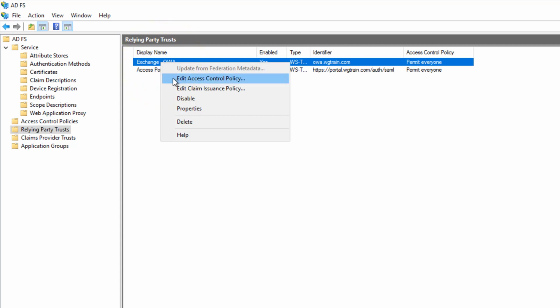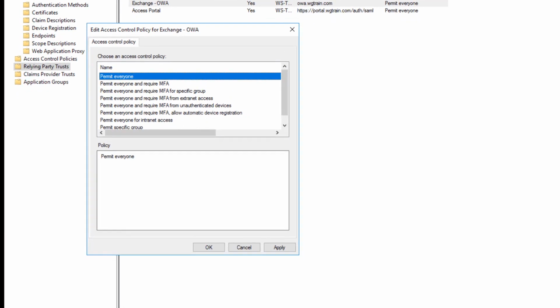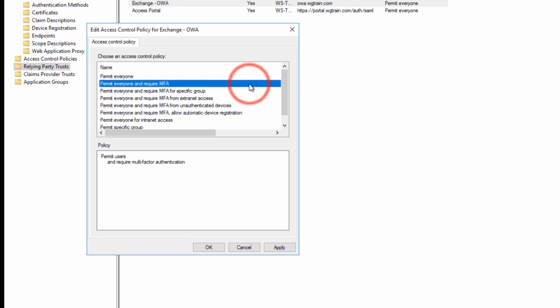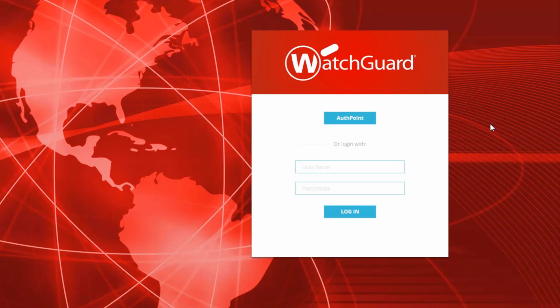Just like the access policies in AuthPoint, the policies in ADFS define what the users must provide in order to authenticate to this resource. In this example, we have required all users to provide MFA, but you can be more selective if required. Now that AuthPoint and the ADFS server are configured, we are all set to start using AuthPoint